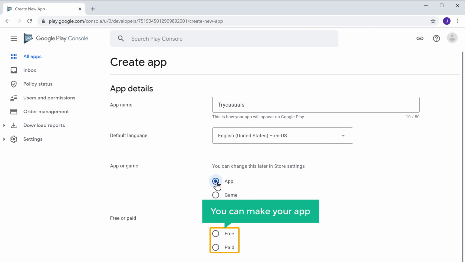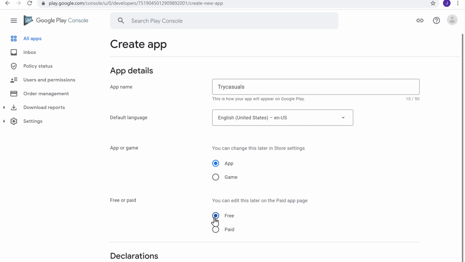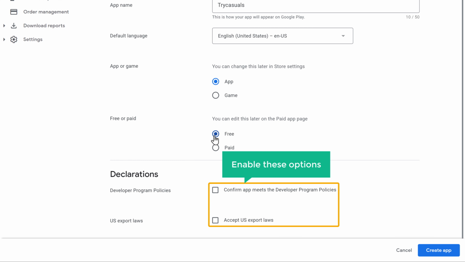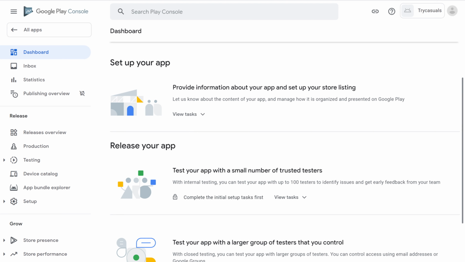Now here you can make your app paid or free. I am going to choose free. Now let's enable these options. And click Create App. And it will take you to this page.